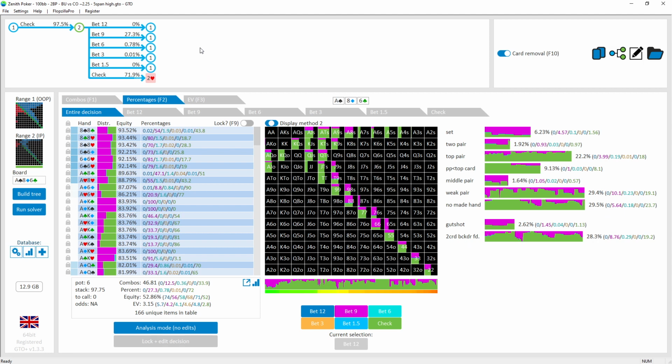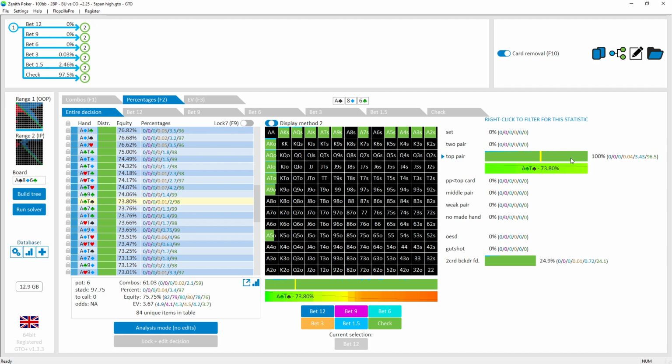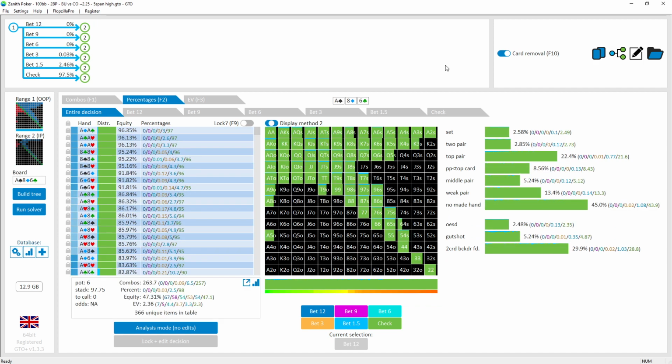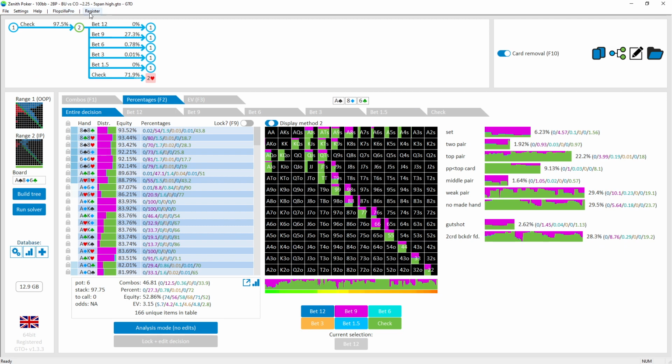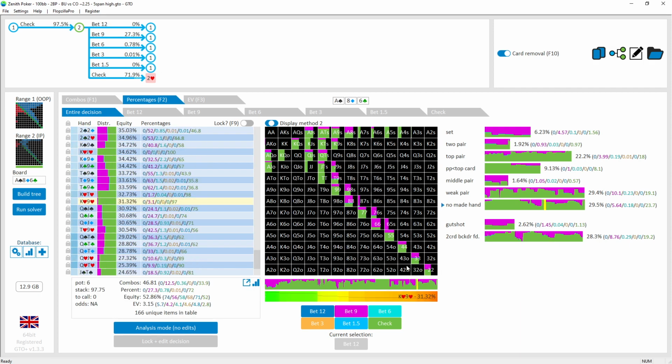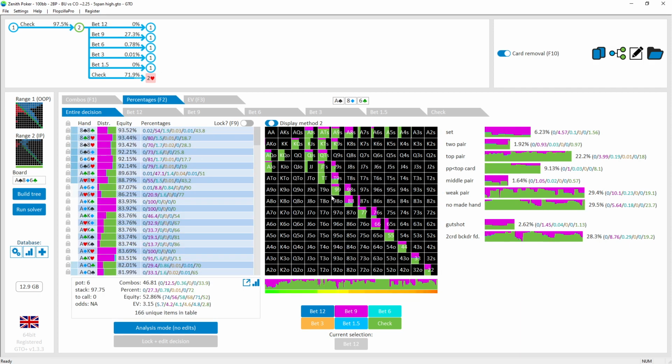the cutoff's opening range is fairly ace-x heavy, and because it's fairly ace-x heavy, they'll hit a lot of top pairs here. All of these top pairs will be fairly weak. The button's calling range has also got some top pairs in it as well, so the button can actually check back those top pairs to defend on the turn. And so the button's check backs with those top pairs and checking back with some of those other pocket pairs in their range means that their check back range will be reasonably well defended. Doesn't really have to check back too many sets, and so those sets can just bet the flop and try and get value from the cutoffs